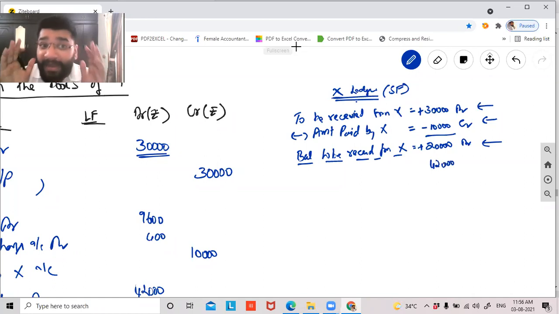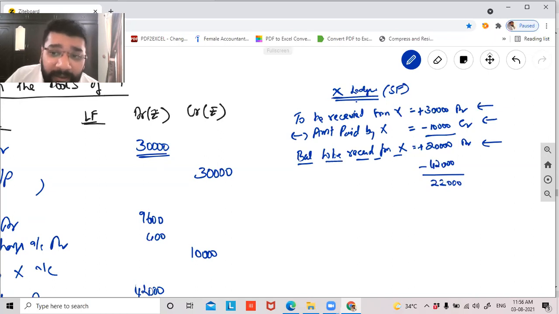Now, Y is supposed to get only 20. If he's getting 42, the remaining amount Y has to pay back to X or not? Understand this very easily. We were supposed to receive only 20,000 from X. But X has given a bill worth 42,000. So does it mean that Y will keep the entire 42,000 with himself? So from 20,000, if I minus 42,000, can I say the balance amount Y has to repay back to X? Which is 22,000 rupees, Y has to repay back.